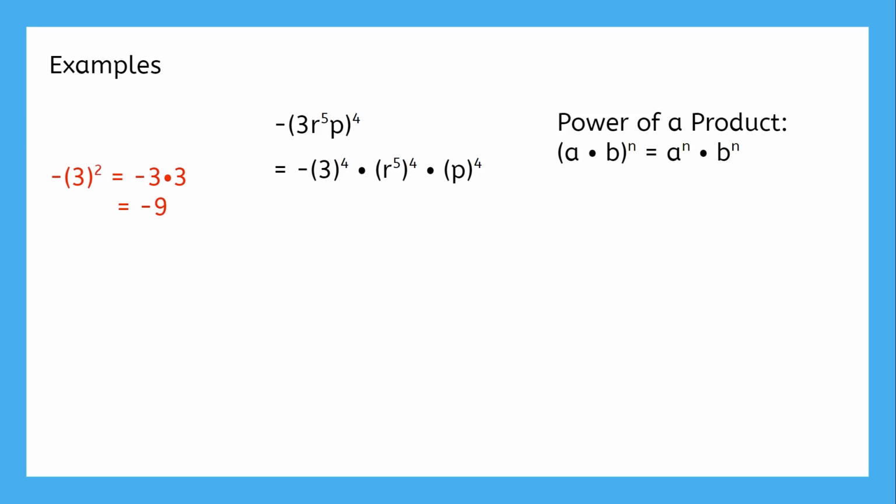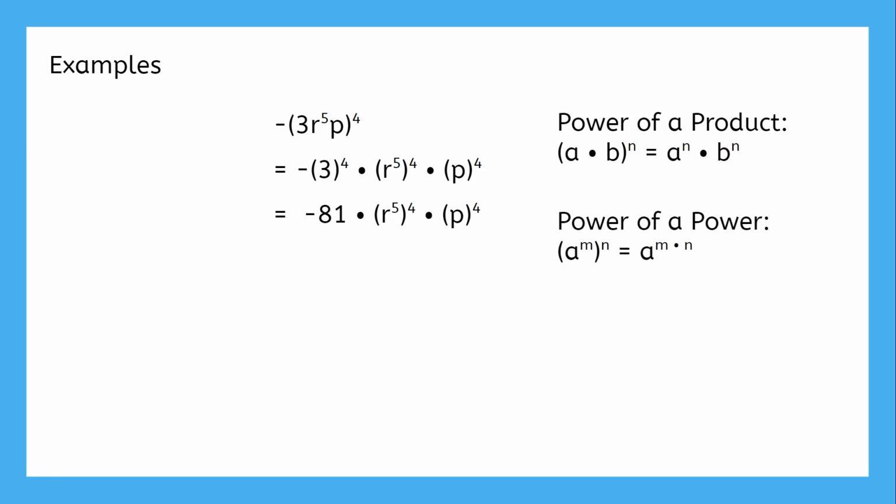If the negative is on the outside, then there's only one negative, no matter what. We can square the 3, but the negative isn't affected. If we use an exponent of 3, there will be 3 3's, but still only one negative. So for negative 3 to the 4th power, where the negative is on the outside, we multiply 4 3's, which makes 81, but since that negative isn't affected, it's on the outside, it stays exactly where it is.